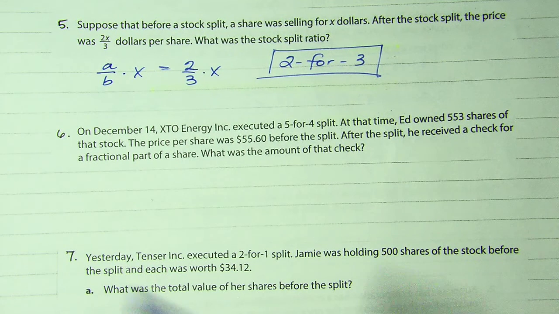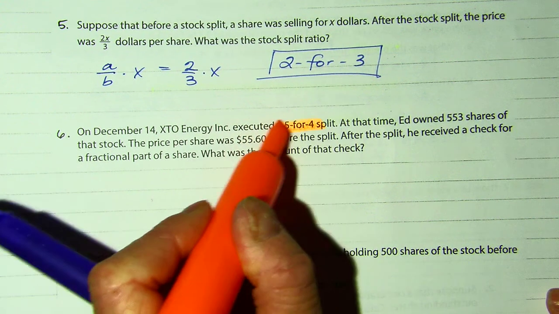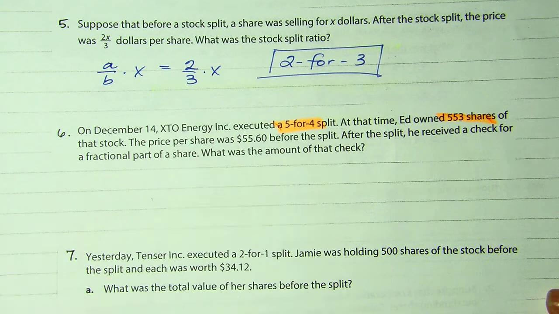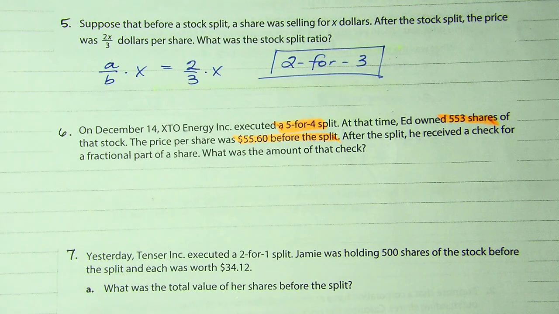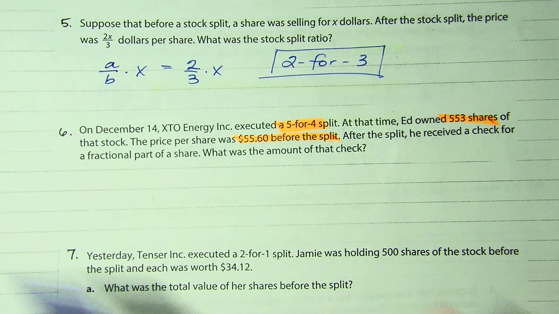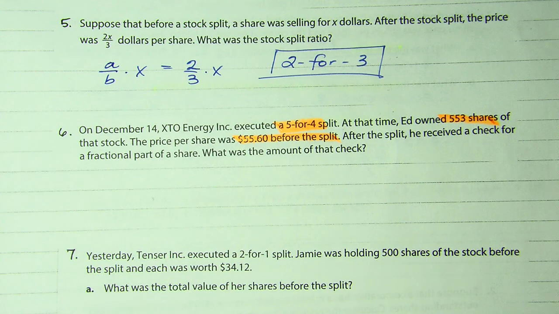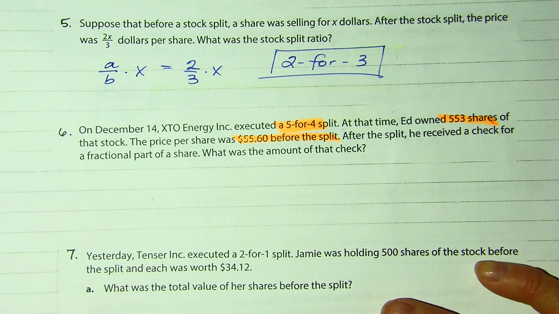They're executing a 5-for-4 split. At that time, he owned 553 shares. The price was $55.60 before the split. After the split, he received a check for a fractional part of the share. What was the amount of that check? So let's start with, this is a 5-for-4. So he has